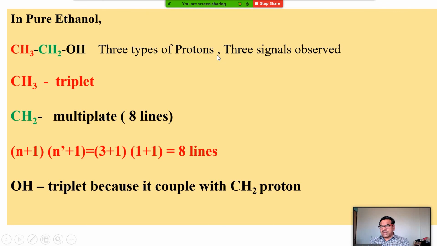Now if 3 types of protons are there, definitely they will show 3 signals. So remember here, if there are 4 different types of protons, you will get 4 different peaks. If there are 2, you will get 2 different types of